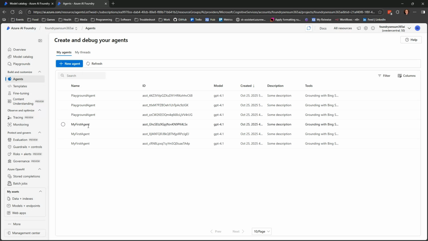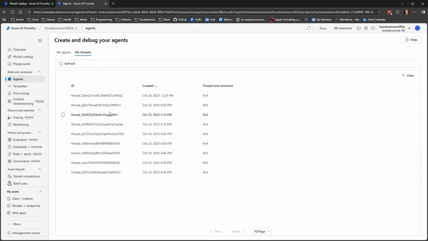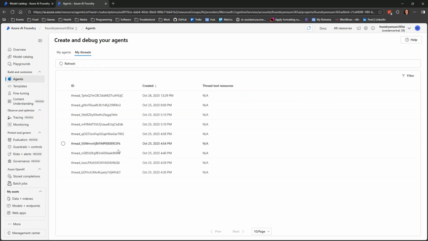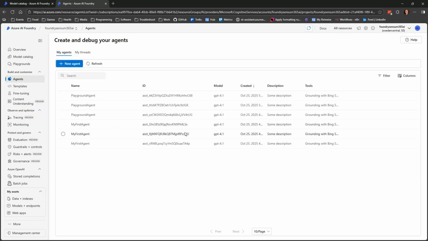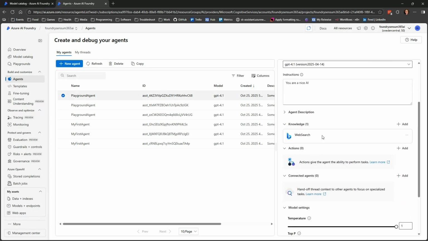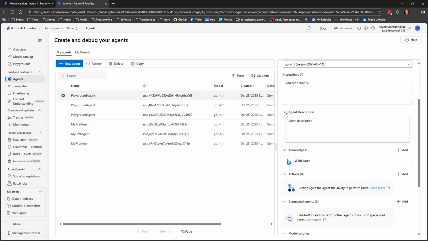Agents is where your persistent agents and your persistent threads are, where you ask questions back and forth and everything is stored, so you don't need to new up the agent, you just need to reference it. Your threads, meaning the different conversations that have been there, are stored, so you don't need to store them yourself. An agent can then be tested in the playground, you can give it a name, a deployment, and so on, like we have seen in the first zero to first agent video.